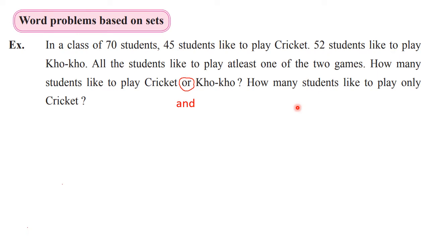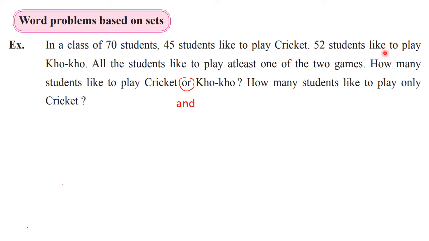Here we are going to use the formula based on the number of elements, which we have seen just now. That is n(A ∪ B) = n(A) + n(B) − n(A ∩ B). That means here we have to consider two sets. So in the beginning, we have to denote those two sets. Okay, now which are those two sets? See, here you can find students of two types. One type is those who play cricket, which we will take as set A.